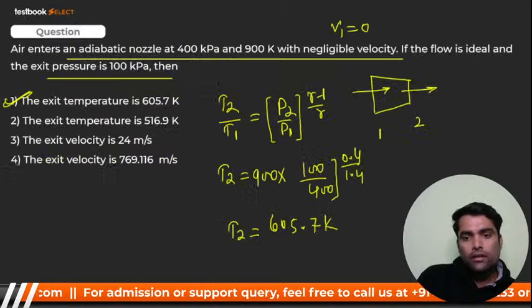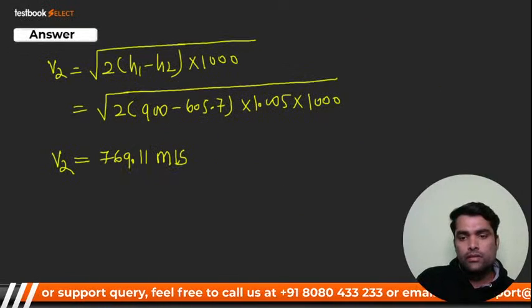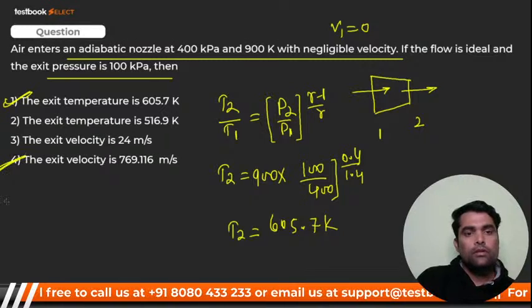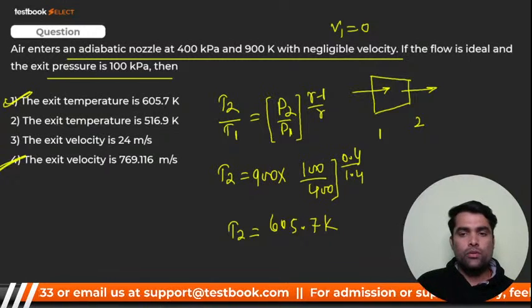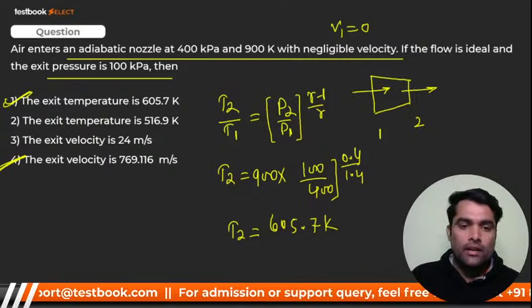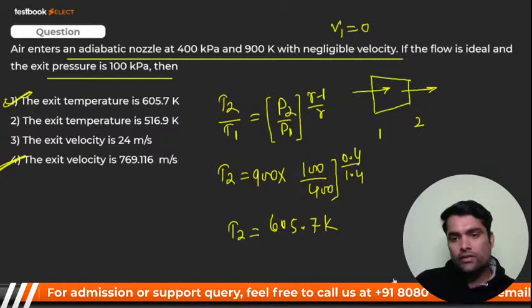So definitely v2 क्या हो जाएगा, 605 point, what is the answer, 769, that means this one. So option number 1 and 4 is going to be correct. Yes Sam, it is going to be option number 1 is going to be correct. I hope you got it. So बच्चा पार्टी और आगे बढ़ते हैं और इसको आगे लेके चलते हैं. सी,